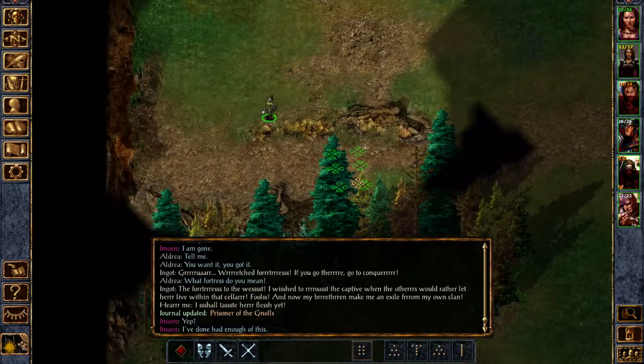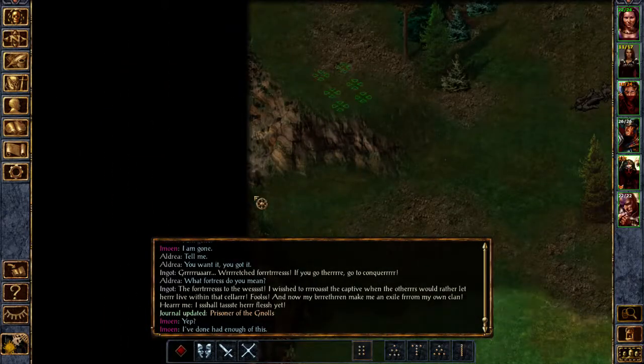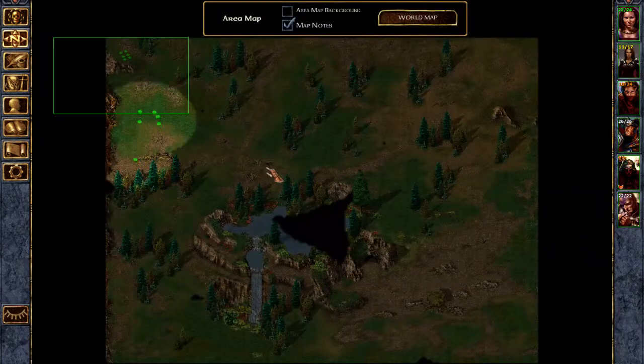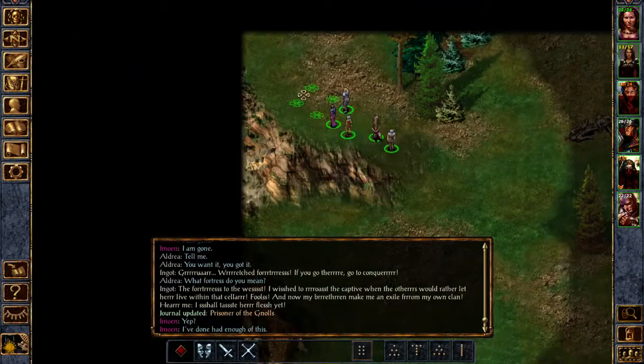Okay, so they have a prisoner. Which is good, they haven't killed her yet. So that is presumably Dinah here, who he's looking for. Now, the question here becomes, how on earth are we going to get...